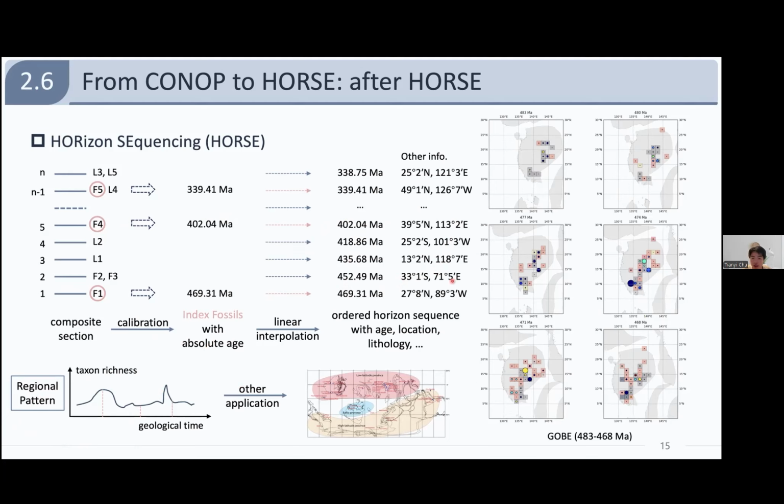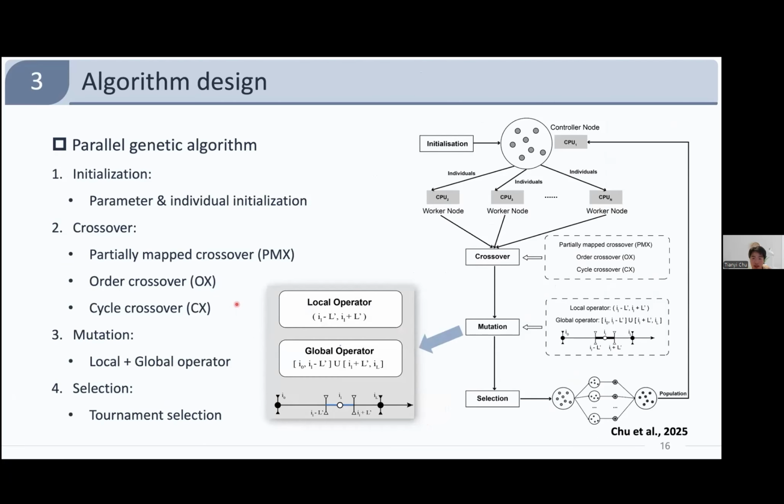As shown here, we can track how species distributions shifted over time during the Gobi, with full control over spatial and temporal resolution. This level of detail isn't possible with CONOP or most event-based methods, making HORSE uniquely powerful for paleogeological and macroevolutionary studies. As for the algorithm design, HORSE uses a parallel genetic algorithm to efficiently explore the space